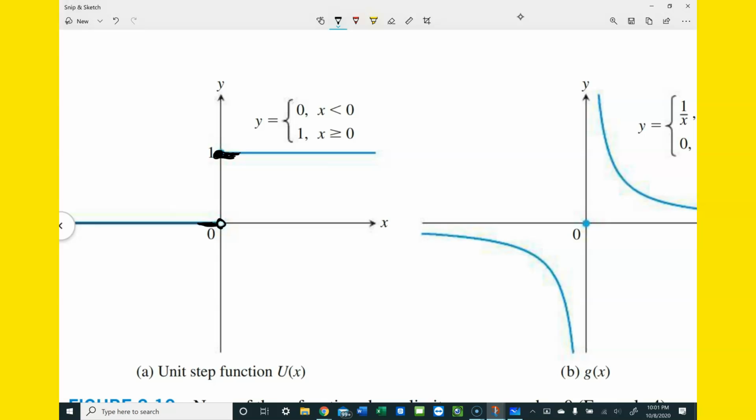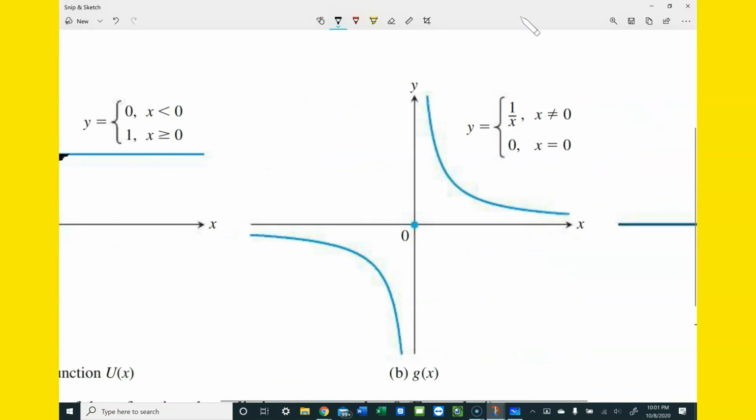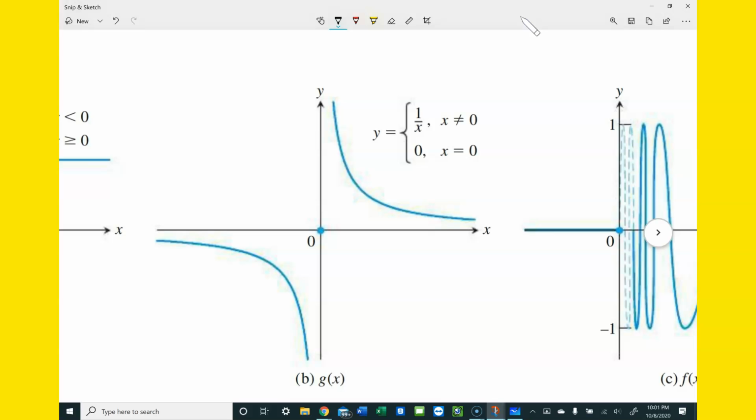So a piecewise function like that, where it approaches different things from different sides of that value of x, will be a non-existent limit. All right, what is this function approaching as x approaches 0? Well, because it's a piecewise function, the value of the function is 0. But if